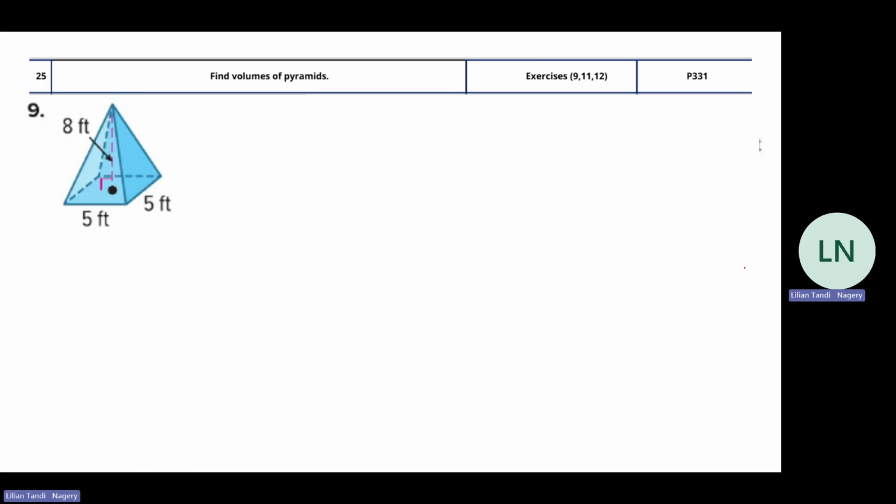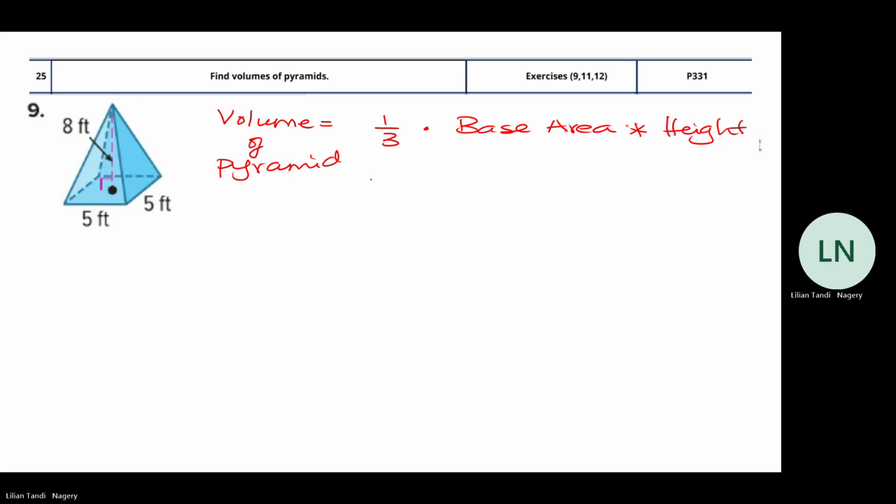Okay. Here you have a pyramid, and it is a square pyramid. So volume equals volume of pyramid equals 1/3 multiply base area multiply height of pyramid. Okay. Now 1/3 multiply area of square, because my bottom shape is a square. Area of square